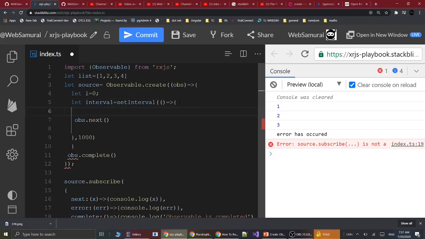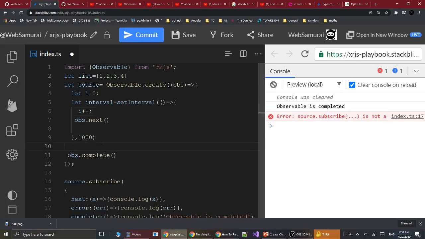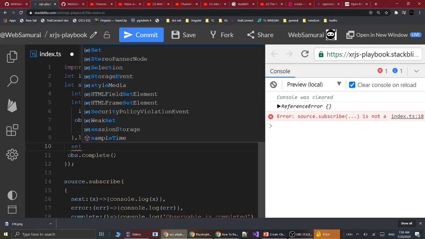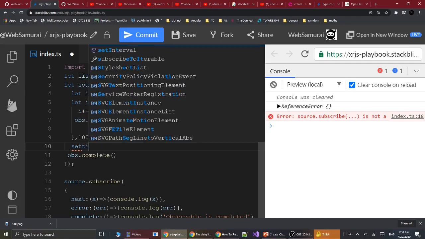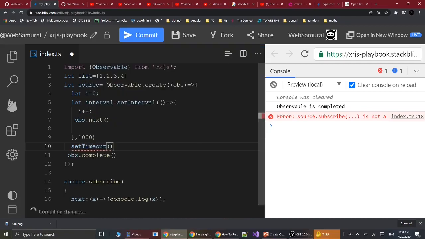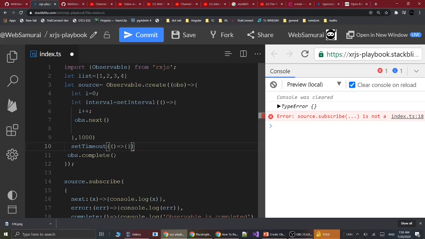Before that I increment the value first. I'm going to produce 10 values, so I create a setTimeout method, which will be called after 10,000 milliseconds.